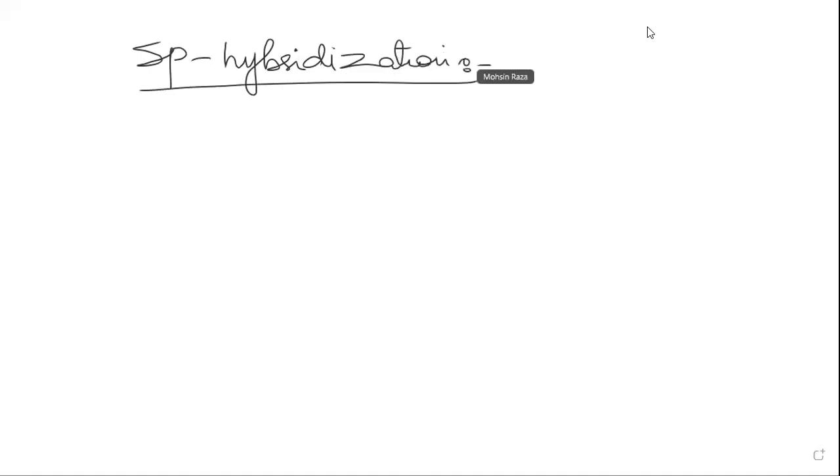Now sp hybridization. Sp hybridization is overlapping of one s orbital and one p orbital. So sp hybridization is defined as overlapping of one s orbital and one p orbital. So overlapping or mixing